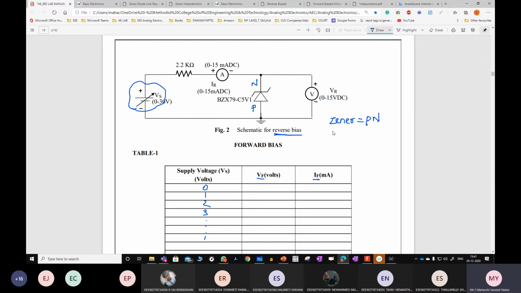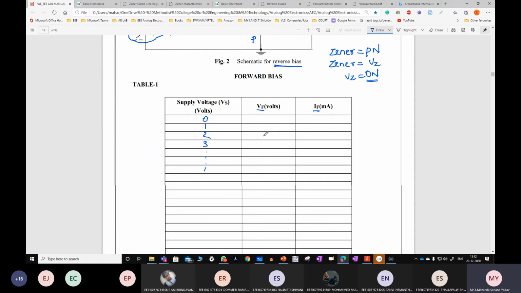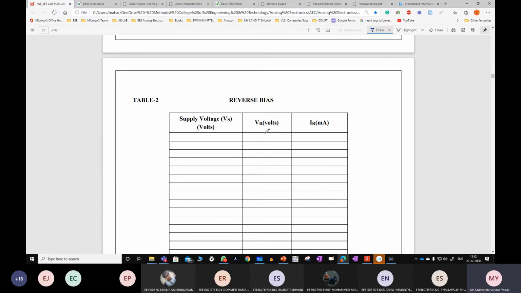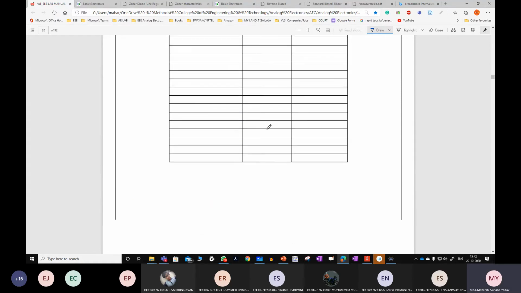In reverse bias, the Zener works almost the same till Vz. If it exceeds Vz, the diode becomes on and there will be a flow of current, because it will act as a short circuit. Clear with this part? VS, VF and IF. Similarly for reverse bias also.